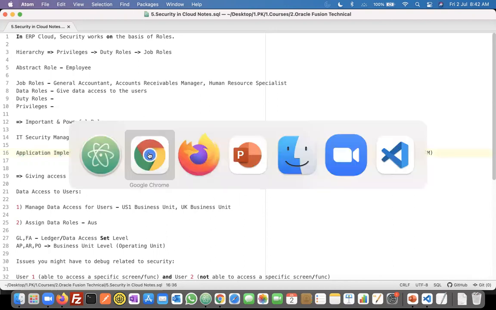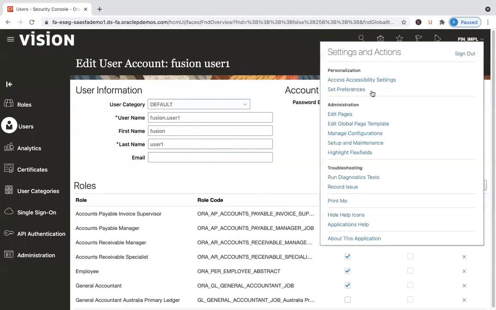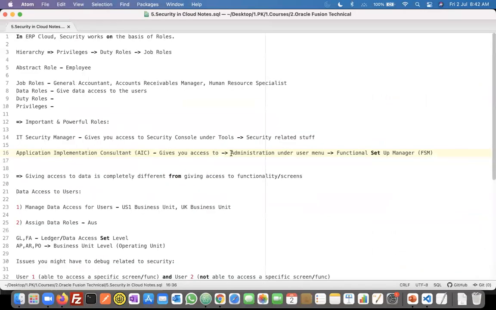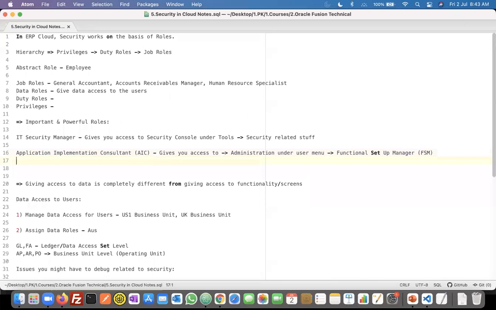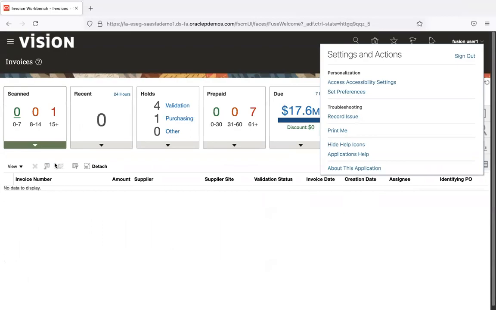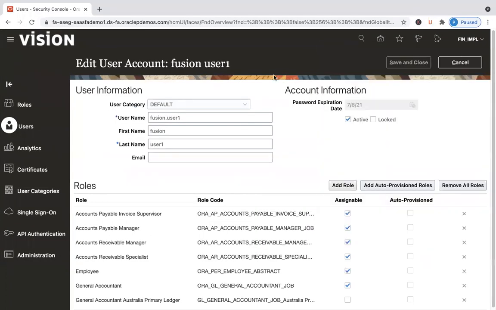And apart from giving access to this particular work area, the AIC role also inherits the BI administrator role. What that means is, if you assign this role to a specific user, and that user goes into the reports and analytics work area,